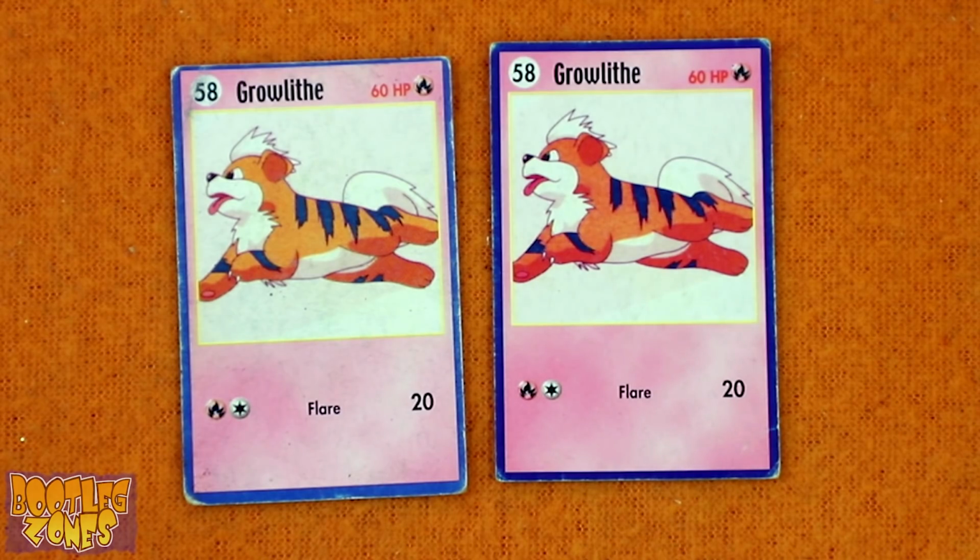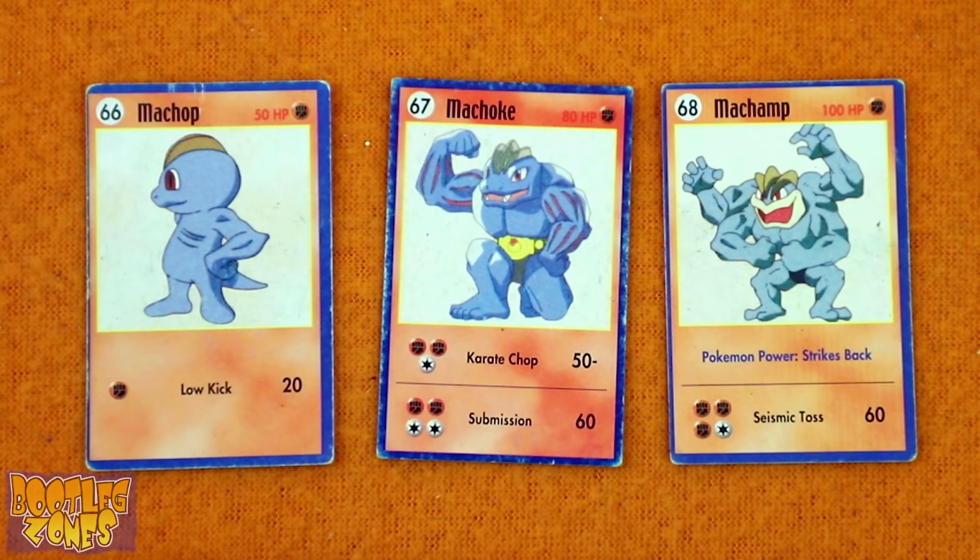Growlithe is one of the few cards I have a double of. There's no actual difference on the stats or anything, but you can see a bit of a difference on the printing quality and colors. Here's the Machop evolution line, and they gave Machamp the useless Pokemon power, which is still